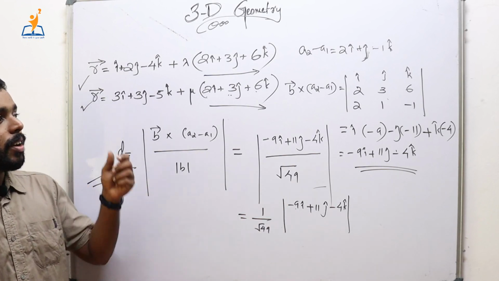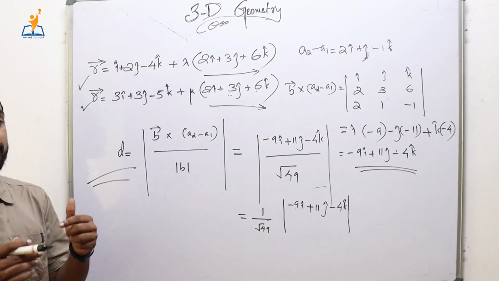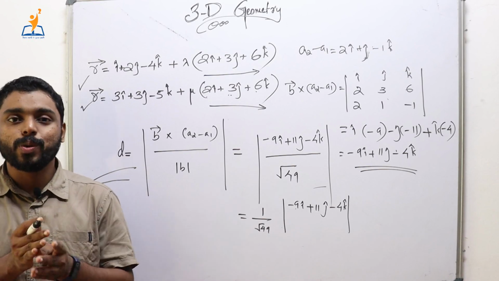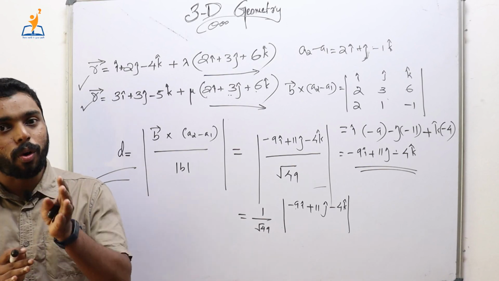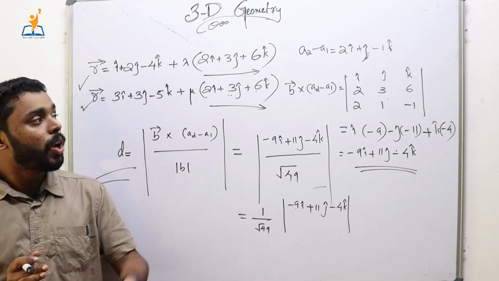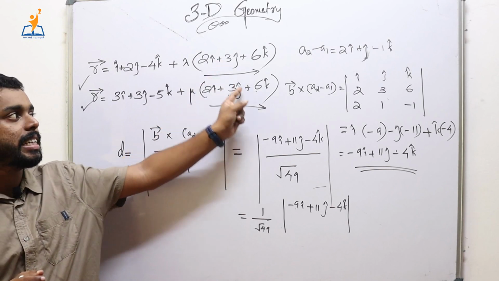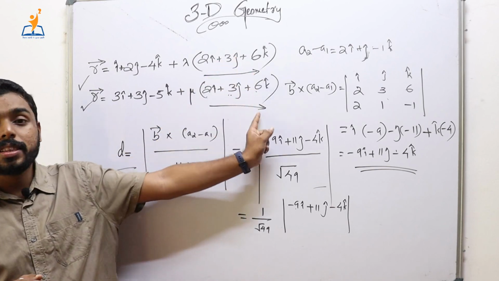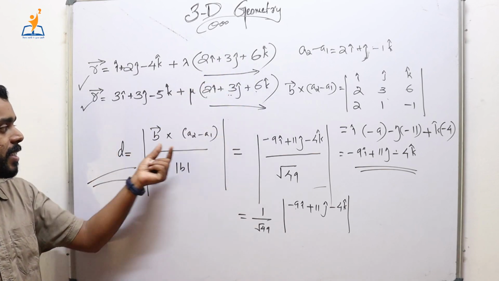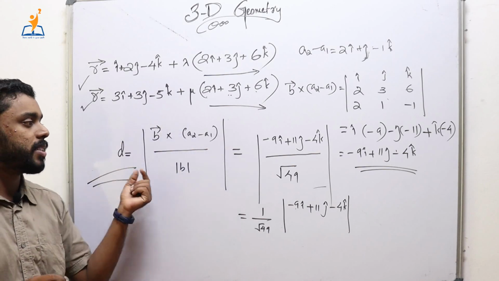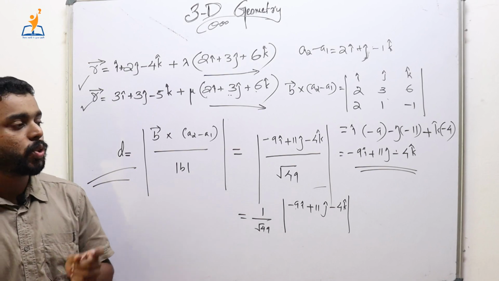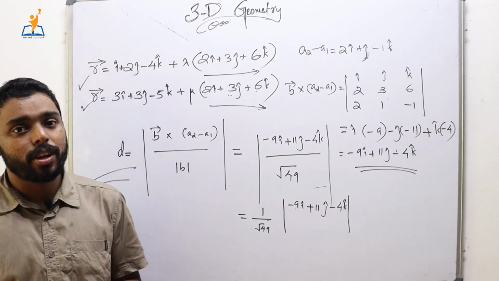So this is it. We can easily find the shortest distance between any two lines, whether they are parallel, intersecting or skew, using our formula. Whenever they are intersecting, always remember that the shortest distance between those two lines will be 0. Whenever they are parallel, we can identify it just by looking at the b vector. If it is equal or proportional, we can say that the formula to find the shortest distance is this, and hence we can find the shortest distance between those two lines. So that's the end of this section.